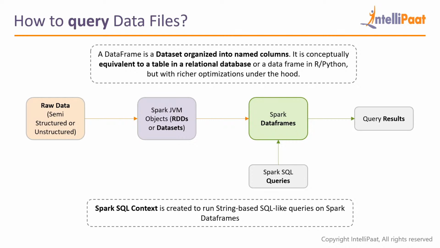So you can basically convert them into JVM objects, the data that you have. So these could be arrays and whatnot, right? So once you have these arrays based out of the raw data that you've generated earlier on, you can convert these arrays into named columns, and those named columns are then called Spark data frames, which is our target anyway, right? So once you've converted them into Spark data frames, which are SQL-like tables, naturally you should be able to